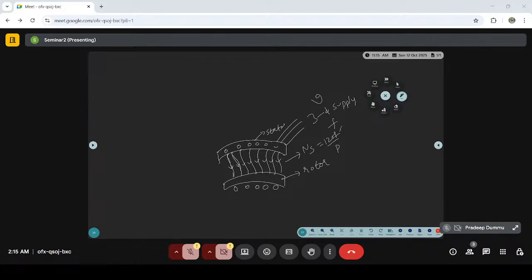We produce a rotating magnetic field around the stator. ఎంత స్పీడ్తో రన్ అవుతుంది అది? ఫార్ములా Ns is equal to 120f/p. ఇది మనకు ఫస్ట్ థింగ్ తెలియాలి. వర్కింగ్ ప్రిన్సిపల్లో ఫస్ట్ తెలియాలి మీకు. స్టేటర్ ఫ్లక్స్ జనరేటెడ్,